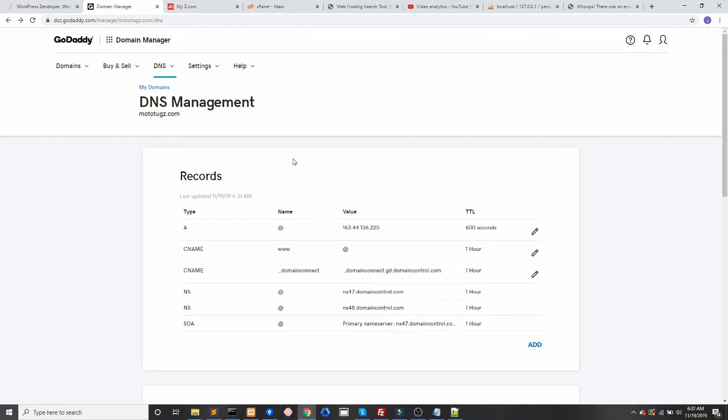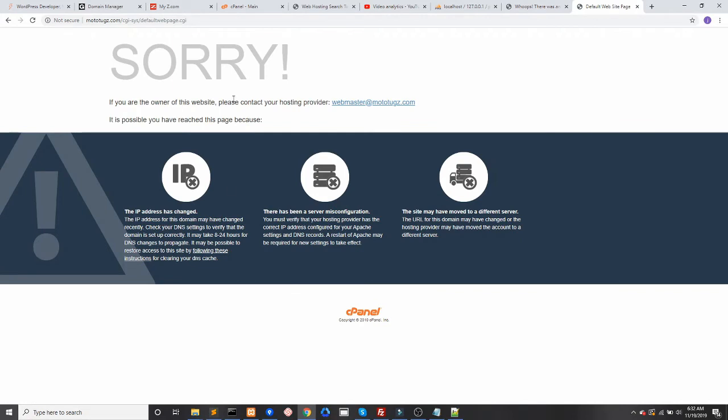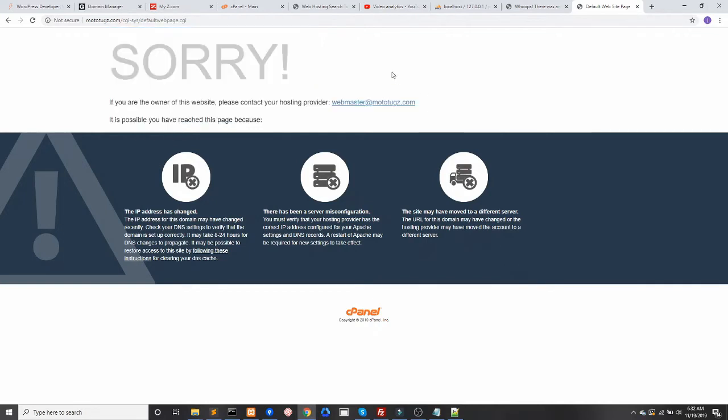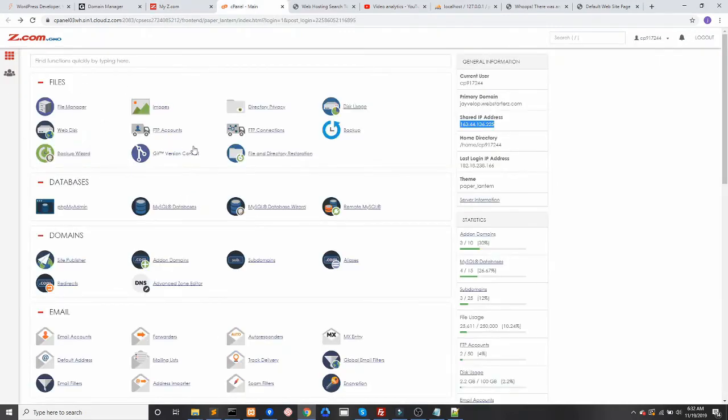So all you need to do is just visit your domain to check. See, our domain right now is already pointed. So we are ready to create a directory or an account in our cPanel. To create an account, in order for us to view something on this page, we need to create an account first. On your cPanel account, click on the domains,